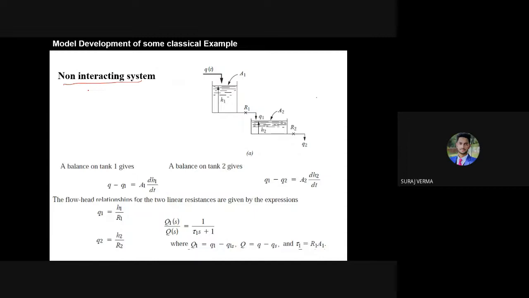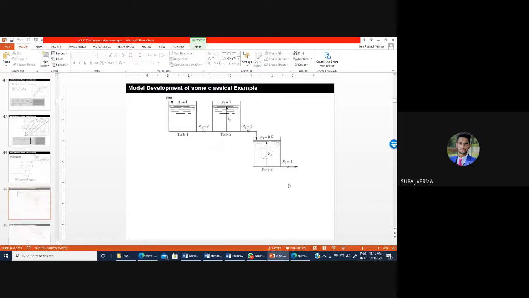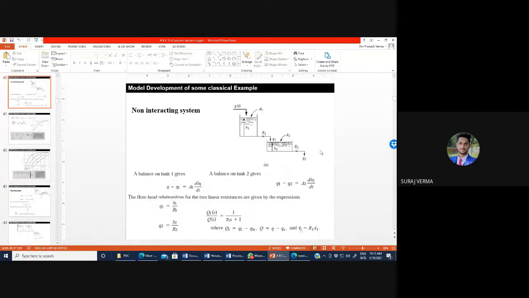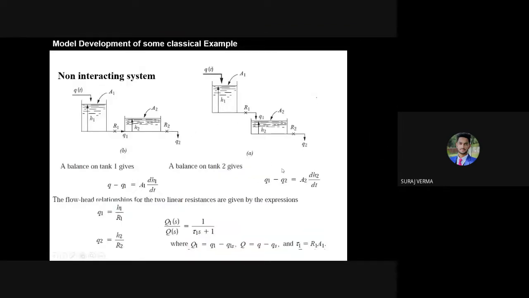So you can see with the picture. Let me show both the pictures one by one, so that you can zoom them for a minute. Okay, now you can visualize both the pictures. So this is the non-interacting system, but this is the interacting system. Right. So what is the difference between them?